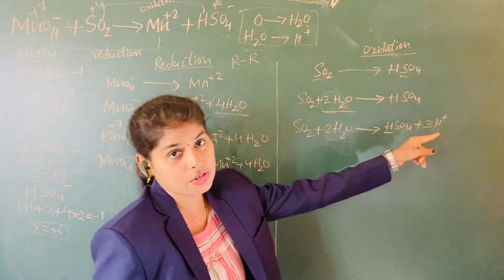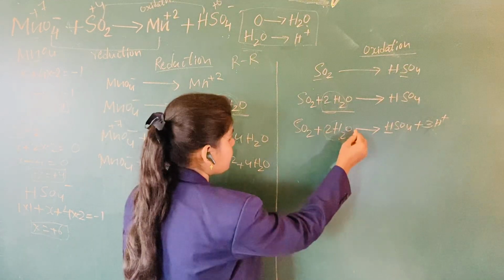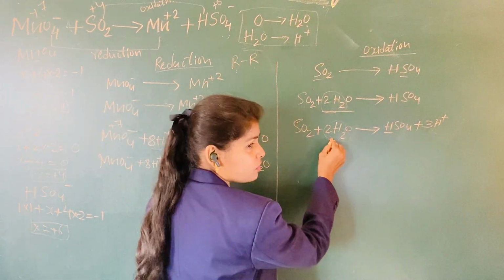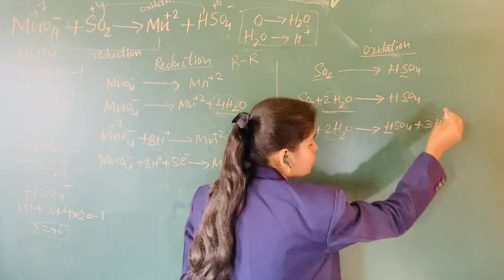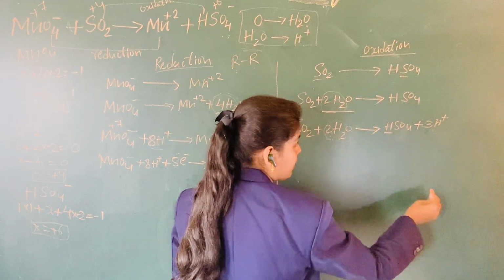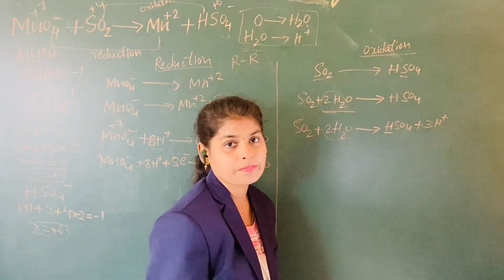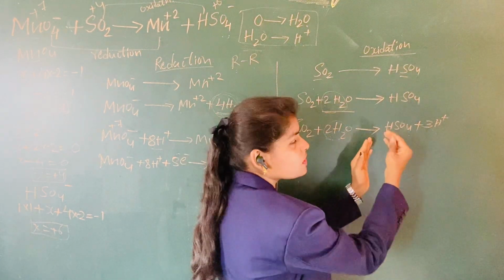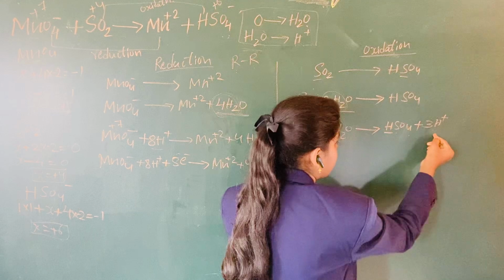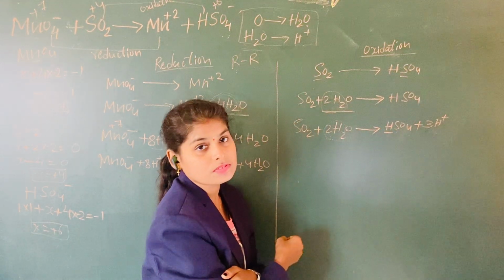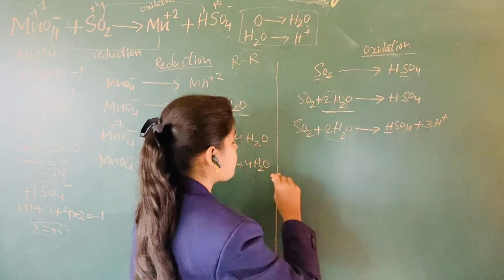That's what I am showing you. In 2H2O we have 4 hydrogens, but 4 hydrogens should not be added in this condition because HSO4 already has 1 hydrogen present. So the remaining 3 hydrogens are required, so it becomes 4. I hope you are understanding. So now if you look, we have